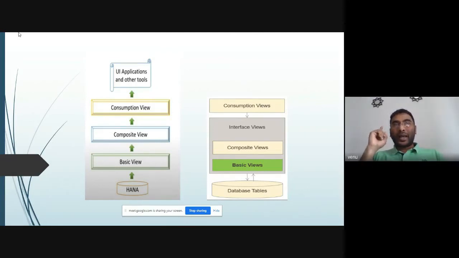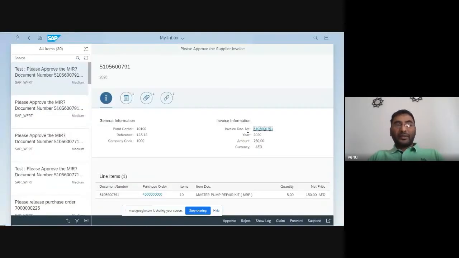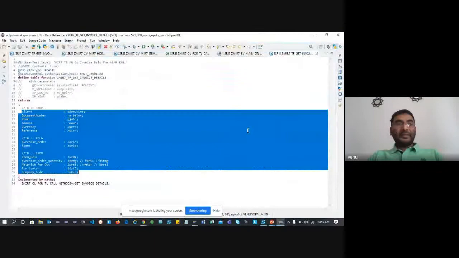The user accesses the UI application, but that application gets the information through the consumption view, the consumption view communicates with the composite view, and the composite view communicates with the basic view. This is the design structure we're supposed to follow. The combination of the composite view and the basic view is called an interface view. You can see it in a second image. This is why I declared this as a basic view.